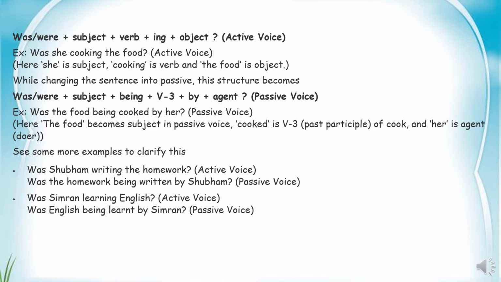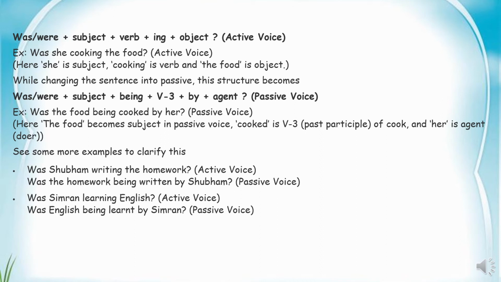While changing the sentence into passive, this structure becomes was or were followed by the subject, then being, and the third form of the verb, by and agent. Example, was the food being cooked by her is in the passive voice. Here, the food becomes subject in passive voice, cooked, that is the past participle of cook, and her is agent,